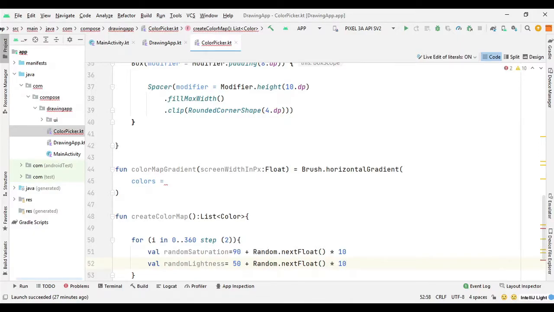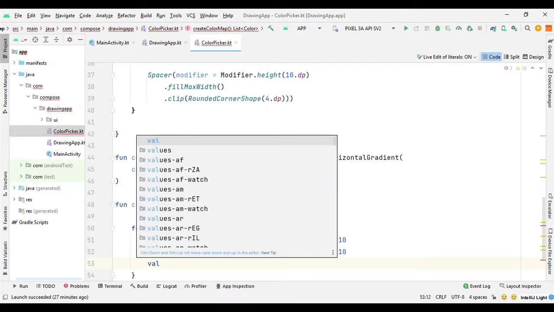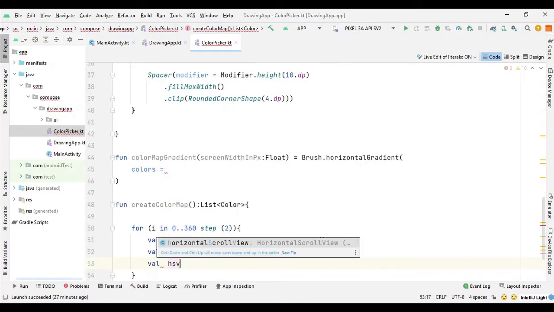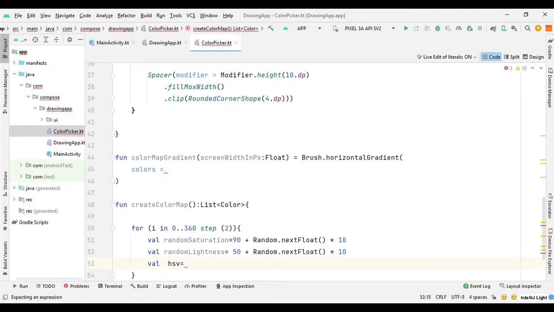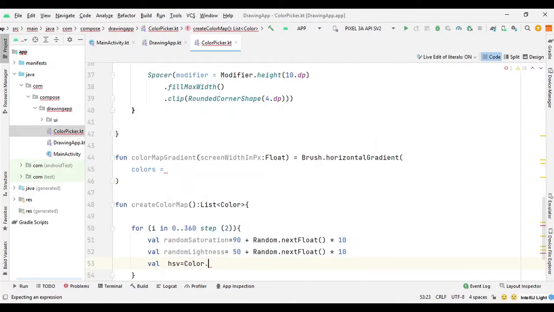Then we need a value for HSV. HSV describes the way colors combine with each other to create the spectrum that we will get in the slider. So here we will say val HSV equals, here we need to get the HSV to color function. So we will say color dot